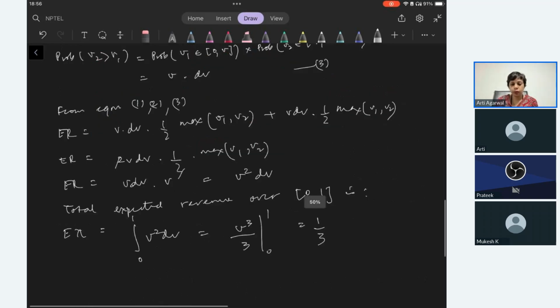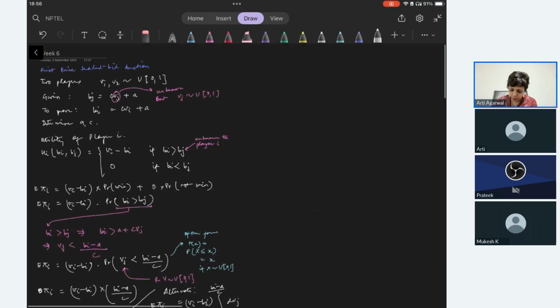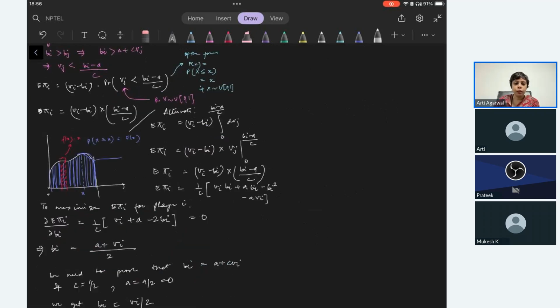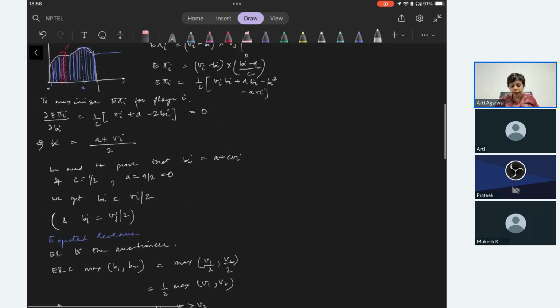That's the main thing. I don't know at what zoom level this is visible properly, but this part which we did, the initial part, this was for the linear strategy. So this calculation you will do for, say, quadratic or any other type of strategy function, and you will derive the final value, whatever bi, here we got is vi by 2, bj is vj by 2. So whatever expression this comes out to be in terms of v,